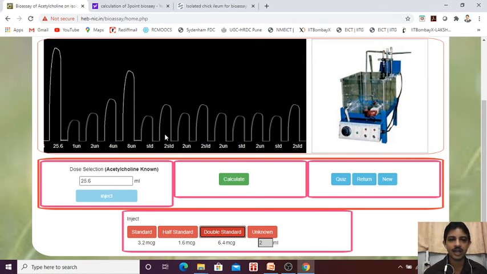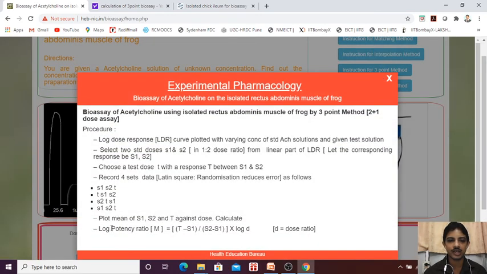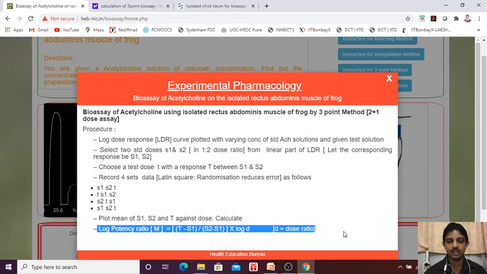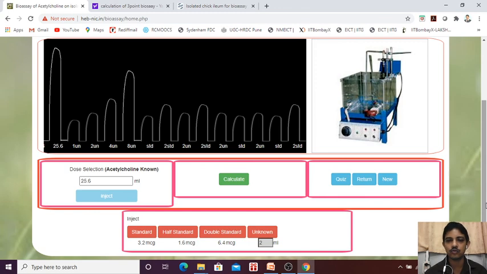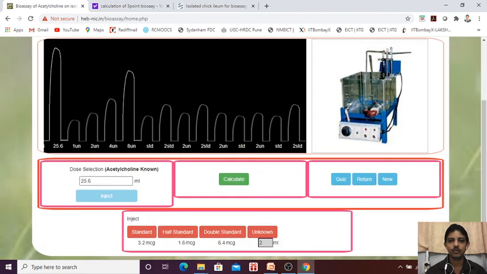Now, S1, S2, T; S2, T, S1; next is T, S1 and S2. Now from that we need to calculate. How can you calculate? We can calculate through this graph, through this formula. Of course, I will show another formula to calculate. Clear? Another formula to calculate. So I think you have understood this. Again I am telling: S1, S2, T; S2, T, S1; T, S1 and S2. So in the next part we will see the calculation of this concentration.